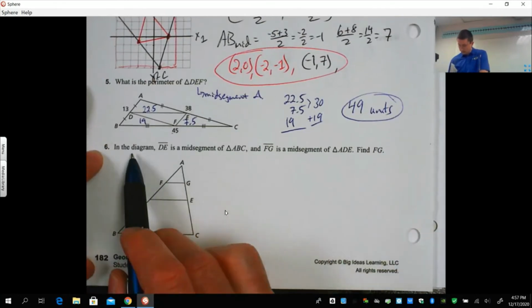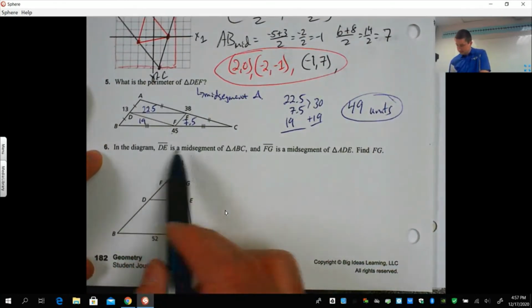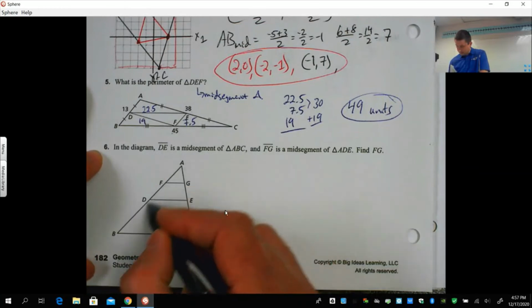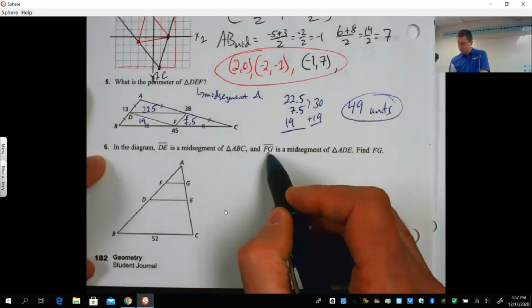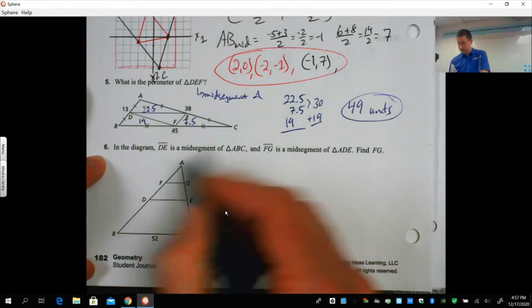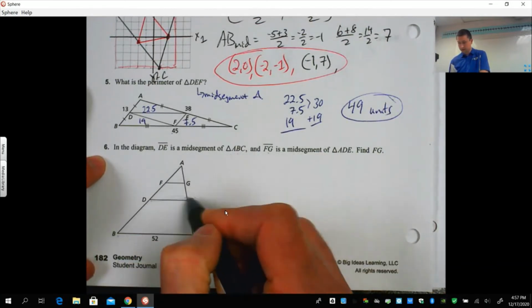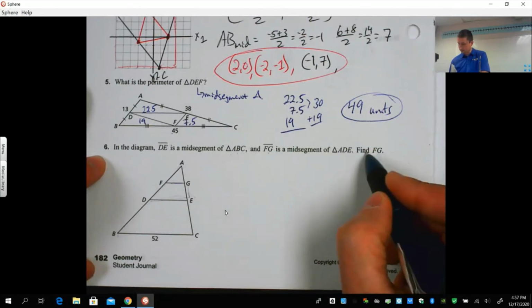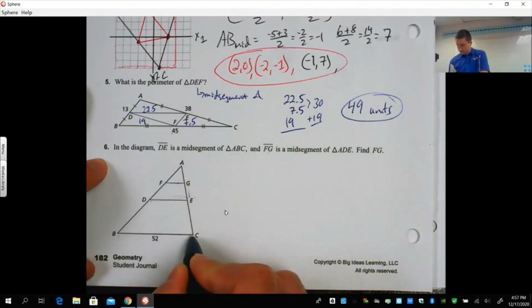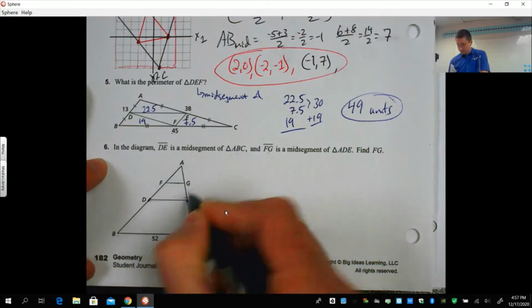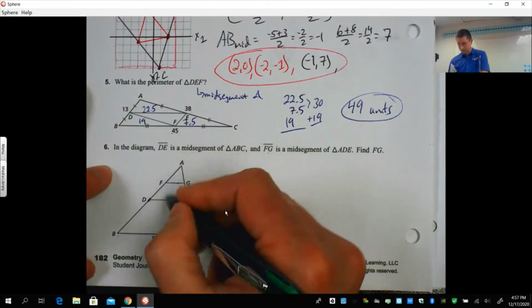Multiple lines here. In the diagram, DE is a midsegment of triangle ABC. Okay, so DE is a midsegment. FG is a midsegment of triangle ADE. So we have a smaller triangle, and FG is a midsegment of that. They want us to find the length of FG. So if this length is 52, this is a midsegment of the big triangle, so that has to be,